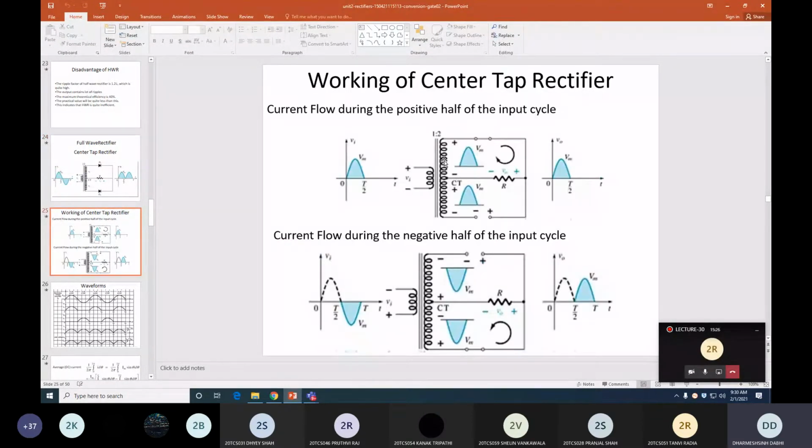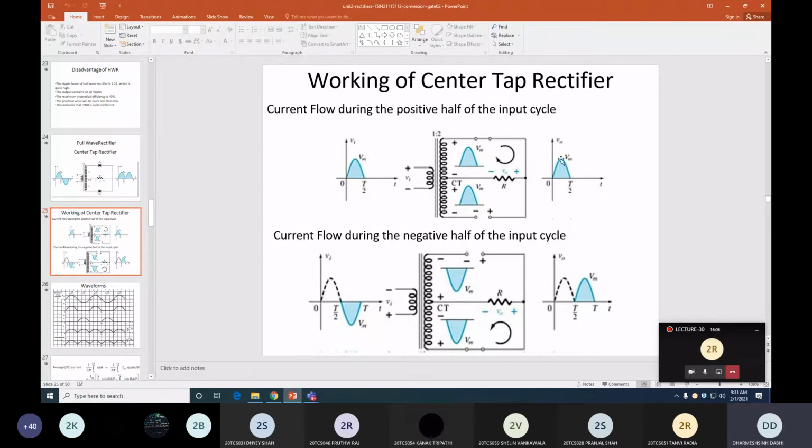You can see that in the positive cycle, the current flows through this upper half of the secondary, and the current flows in a clockwise direction through this resistance, which is your load resistance. When current flows in this clockwise direction, we assume that this is the positive direction, right to left. And the polarity of our load voltage, right-hand side plus and left-hand side negative, is the positive polarity of the load voltage. So at the output side you get the same as the supply voltage. Clear? Whatever supply voltage you provided here, the same voltage you get at the secondary side, sorry, at the load side.